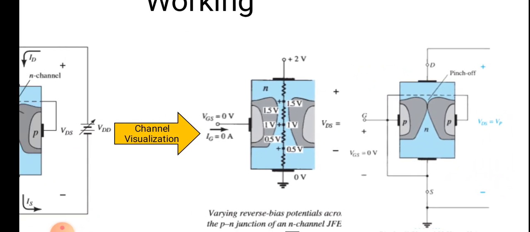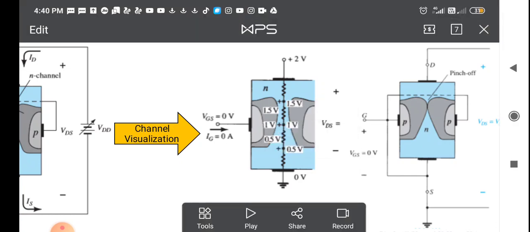You can see here that there is a series of resistors, and across these resistors a potential difference is applied, because of which there will be a current. The current is going to remain the same throughout, but the voltage drop is I into R. If we consider the lowest resistor, a single resistor with the same current, there will be, suppose, a drop of I into R. If we consider the lower two resistors in series, the same current but increased resistance, so the drop is going to increase. So as we move towards the drain side, the potential keeps increasing.